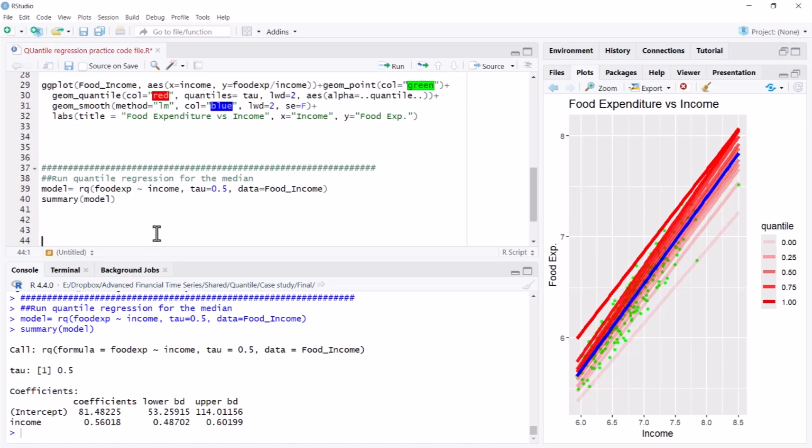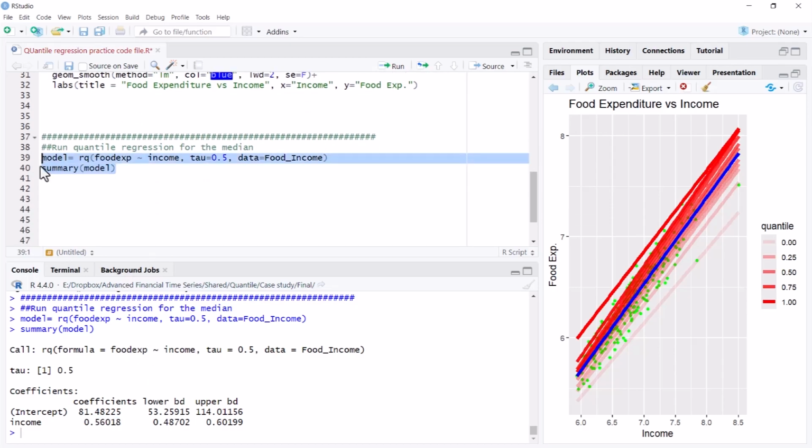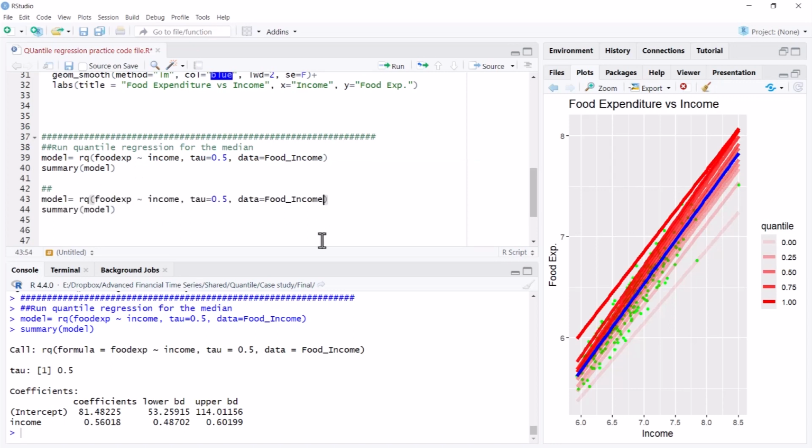There are other approaches also. You can change the method. For example, you can use method equal to fn.